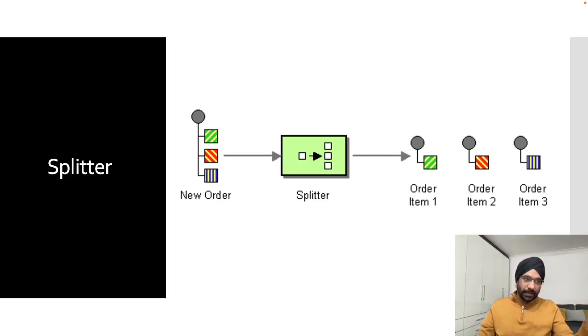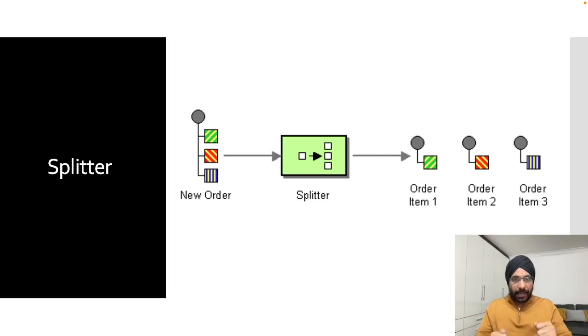Let's take a look at this particular example. Let's say you have an order. An order contains several things. As you can imagine, an order can contain customer details and the various items a customer has bought. What you want to do is take this order, split it using some business logic you have, and then process those individual items